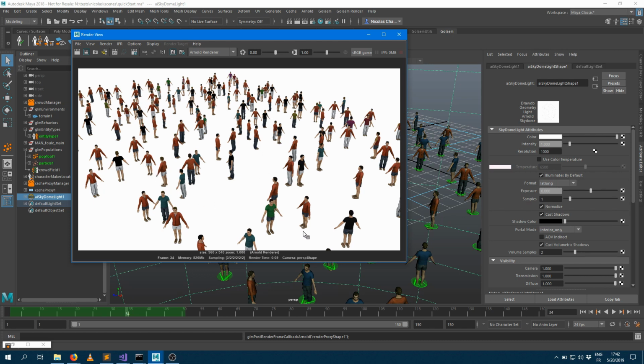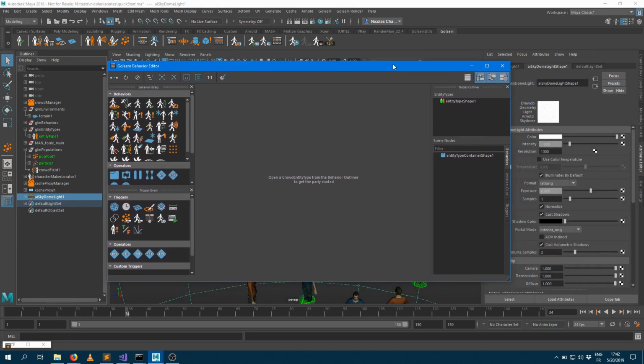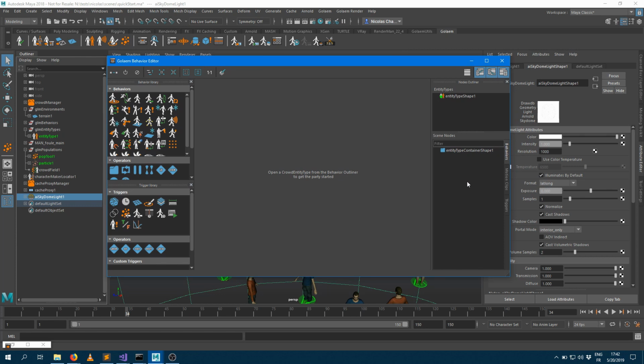I was able to get my first crowd, but obviously I would like to animate those guys. So let's close that window and go back into simulation to add a couple of behaviors to my crowd. I'm no more in cache replay mode, and my timeline is now all black. If I want to add some behaviors to my entities, I need to jump into the behavior editor, which is that tool here. The behavior editor allows you to assign behaviors and decide when a behavior starts and when a behavior stops.